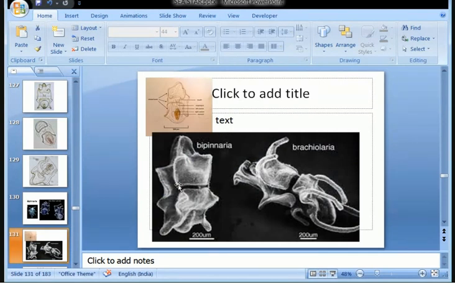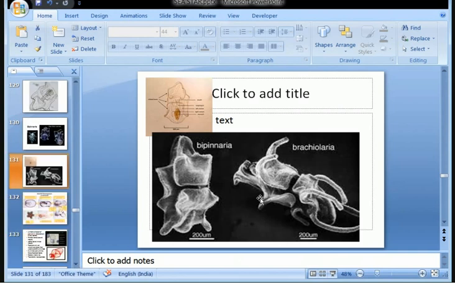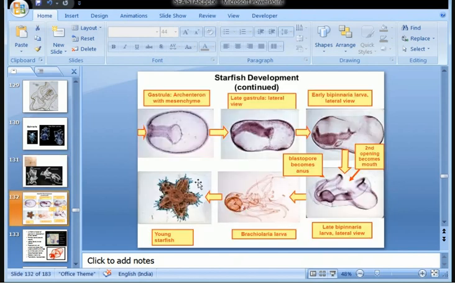Now in this figure, this distinction between bipinnaria and brachiolaria is clear. You see, the dorsal side is this, the ventral side is this, and the mouth is located here, right? And then these arms extend and make up this brachiolaria larva. I hope this picture is clear and you can understand how that structure develops from the gastrula stage. So let's come back to this part again, the development.